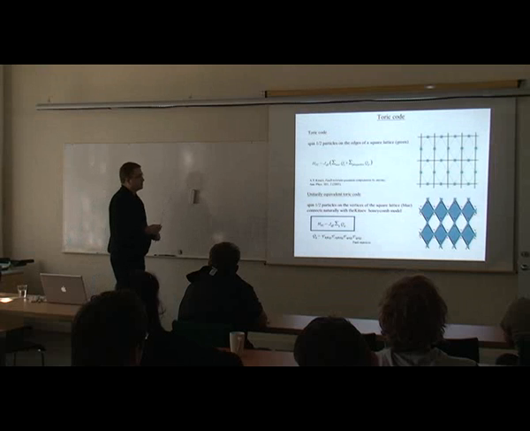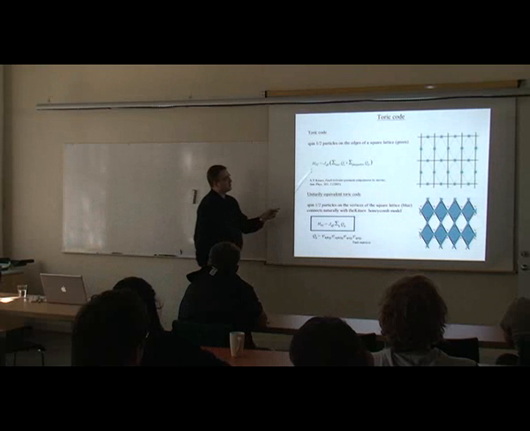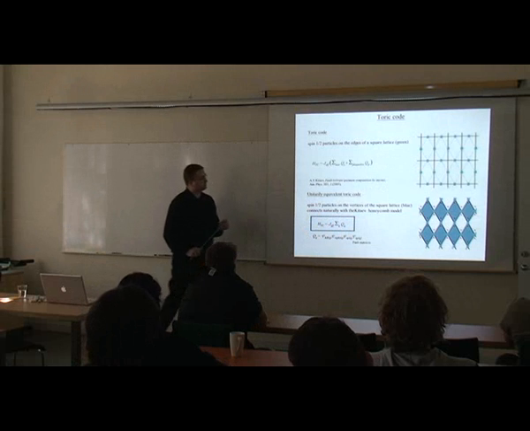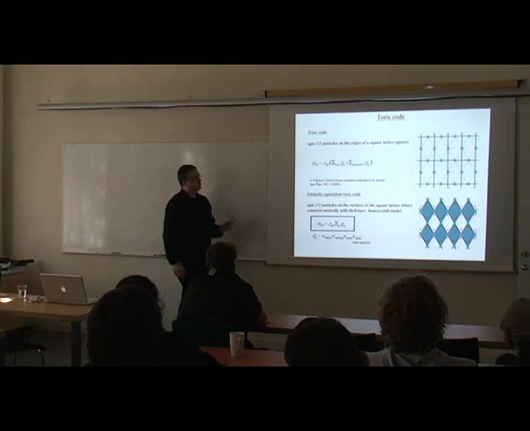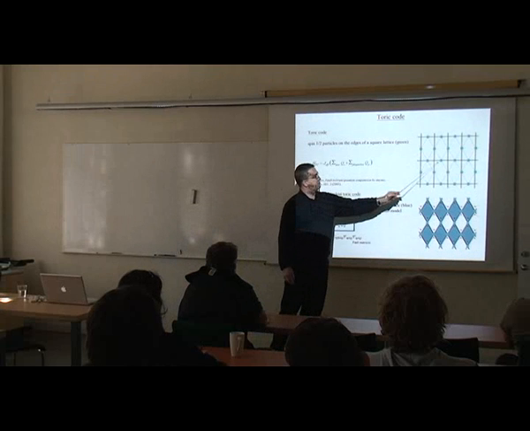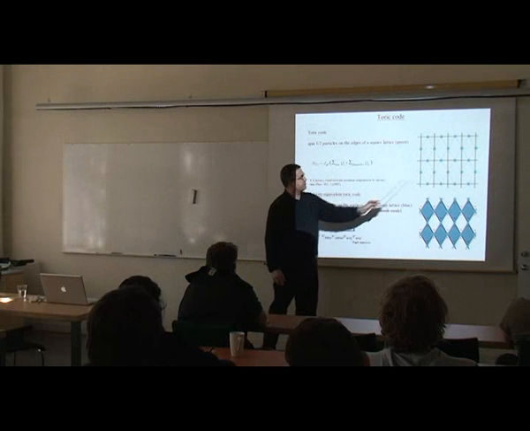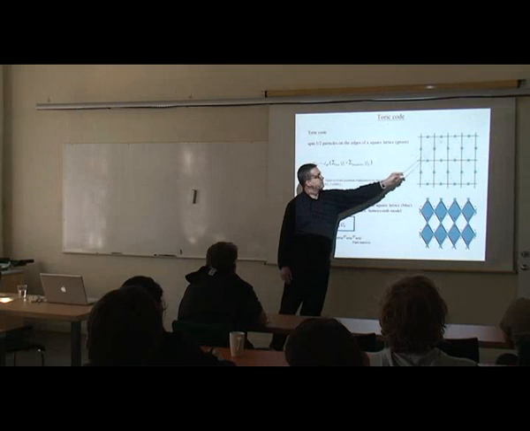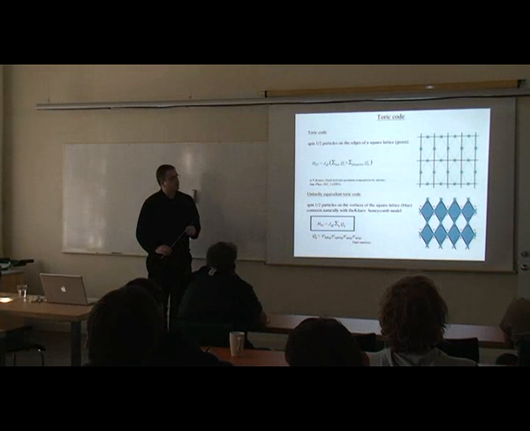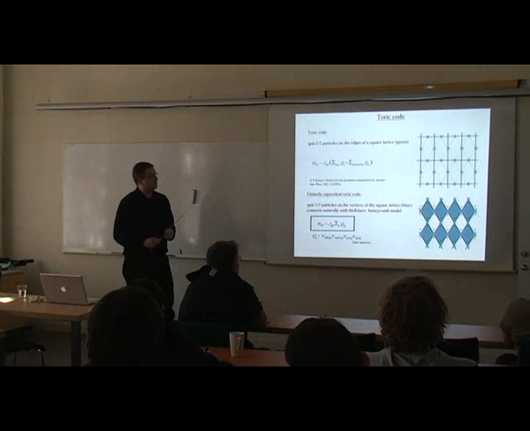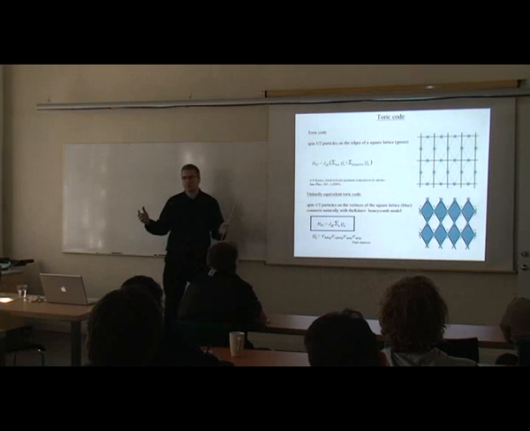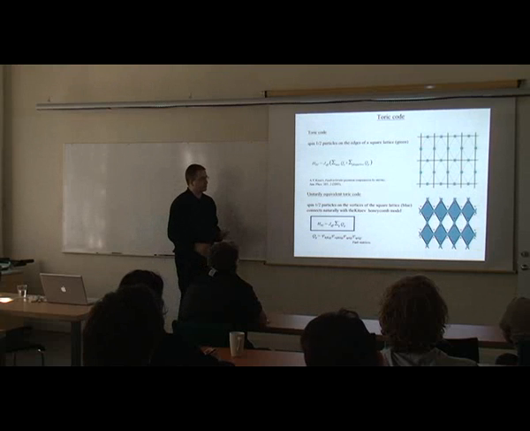The toric code, as most of us probably know it, is a model with the spin half particles on the edges of the square lattice, which interacts through two types of four-body interactions. It's either so-called star operators, the product of four spin interactions, or plaquette operators, which are products of four spin interactions on plaquettes. The model can be transformed by unitary transformation into a different form. It's the same model, it's the same toric code.